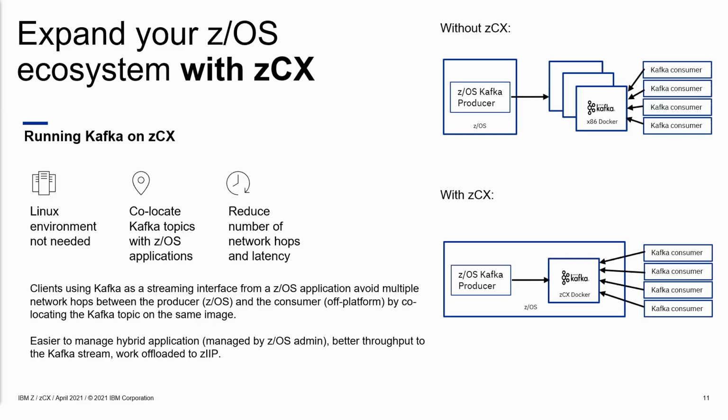So as soon as that application now is going off to Kafka, now I'm having a step down in availability, a step down in just performance, because I'm not going to be leveraging this ultra high speed connection that I have if Kafka is like on the bottom where it's hosted in zCX. In this case, I'm producing a message out to Kafka. My Kafka consumers now, there's only one external network jump that's being made, and that is the Kafka consumers talking